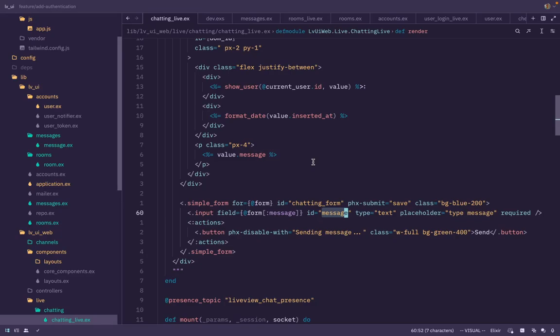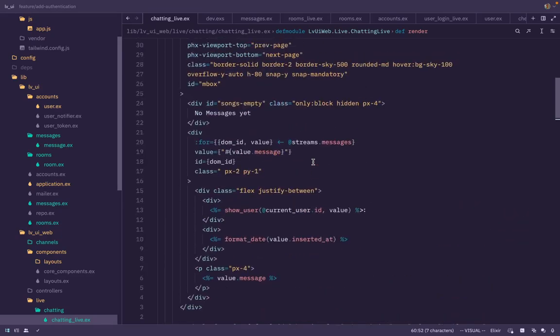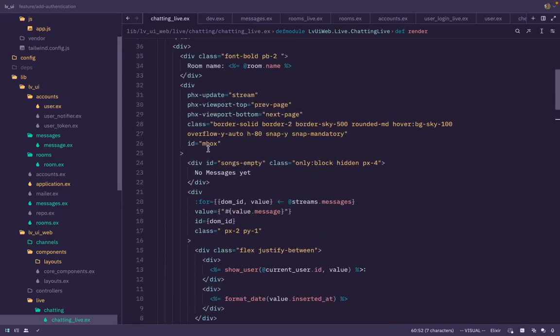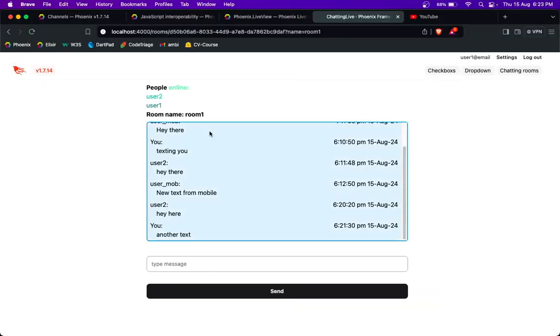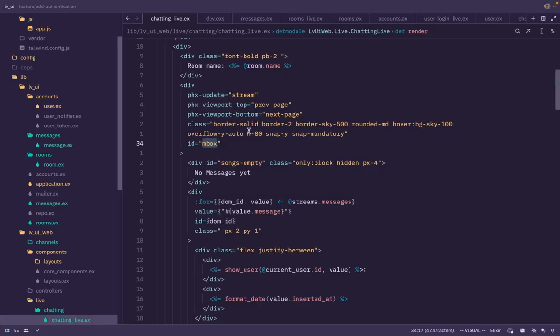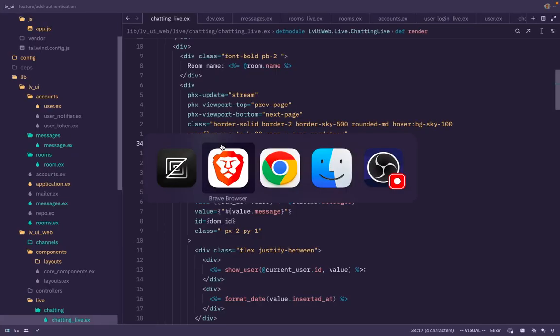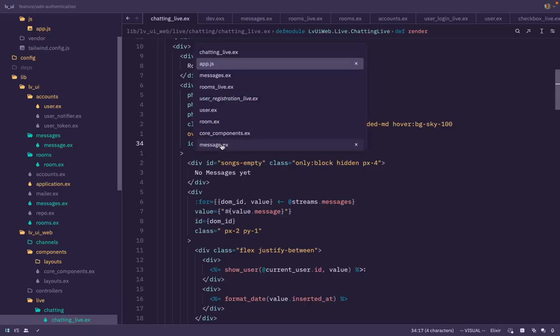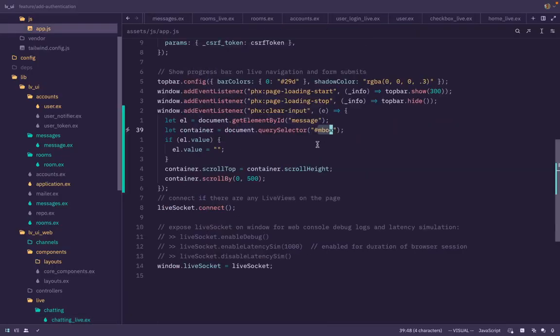Mbox is the ID of the parent div of this entire box. I'm getting this DOM ID and I'm making scroll top